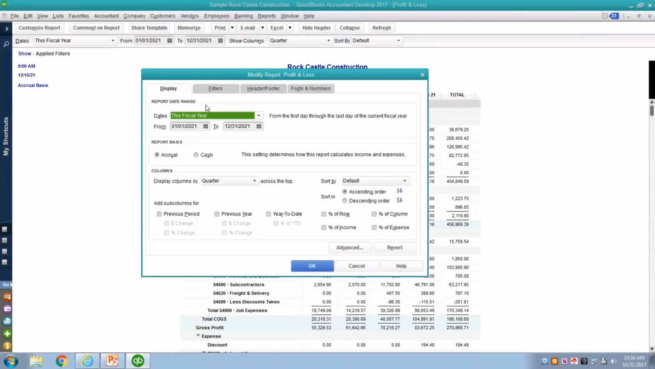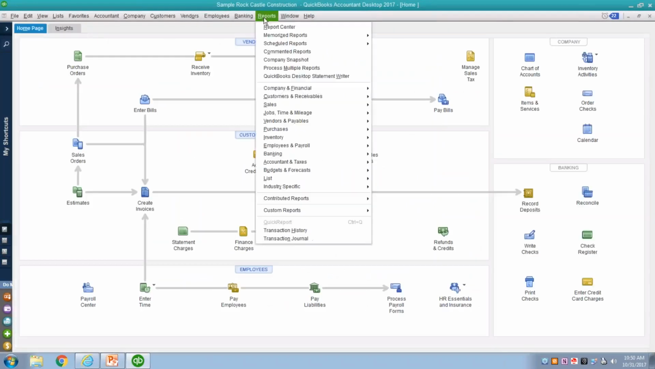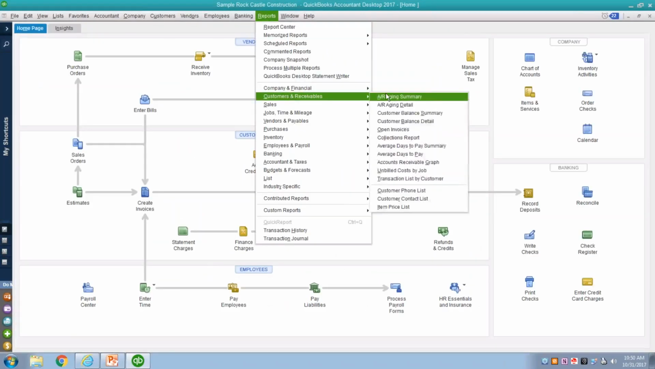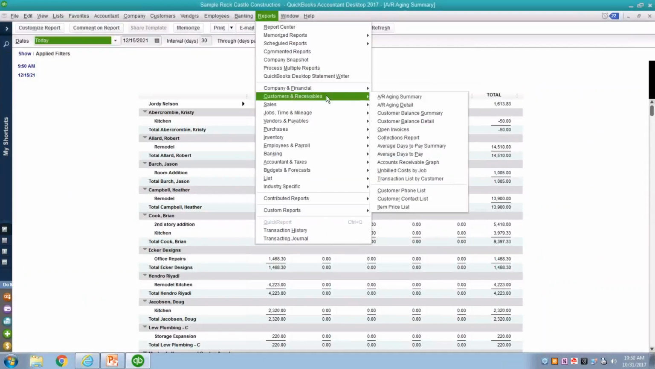Normally, if there's a report you want, the majority of the times we can find a way to get it in QuickBooks. There's a lot of different customizing that can be done. Customers and receivables, your accounts receivable aging. There's a collection history, which will also give you